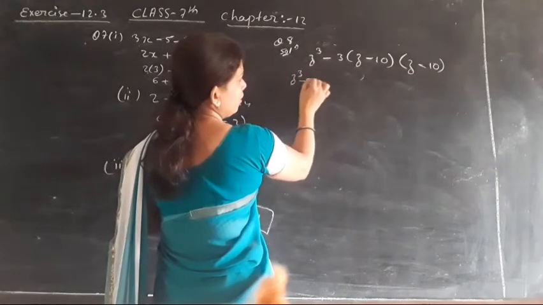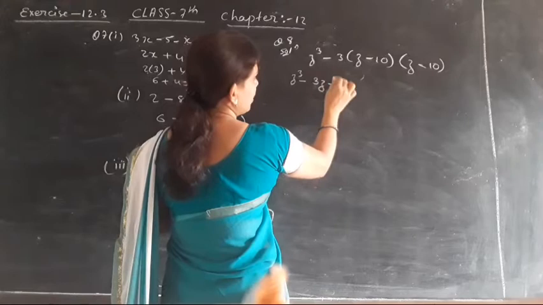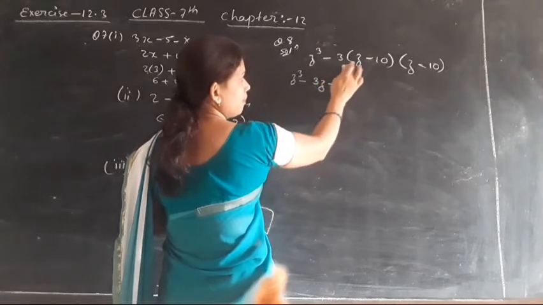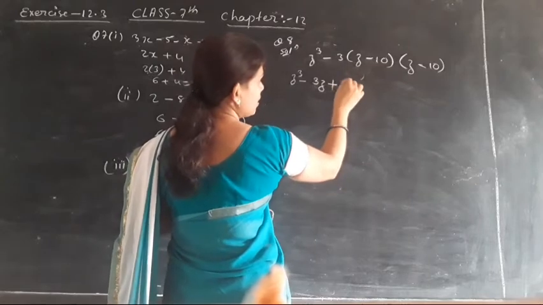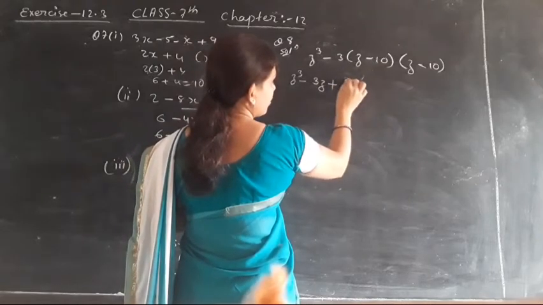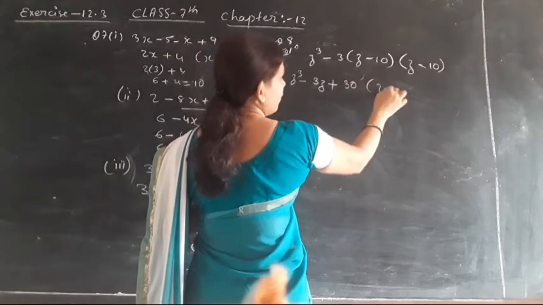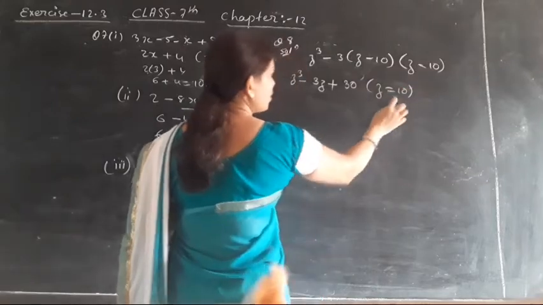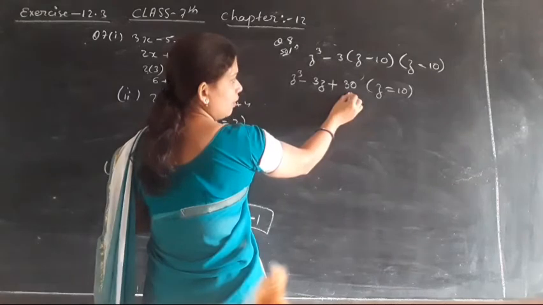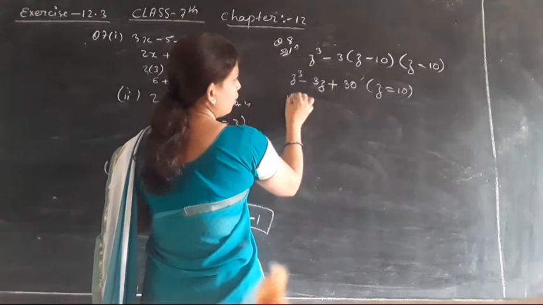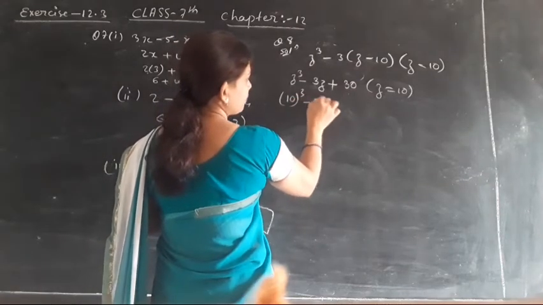z to the power 3 minus 3z, here minus minus 3 into z will be minus 3, and minus and minus will be plus 3 into 10 will be 30. Clear? और z की वैल्यू क्या पुट करना है? z को z is equals to 10 पुट करना है. So here इसके बाद ये सॉल्व नहीं होगा, तो यहाँ पर हम z की वैल्यू 10 सब्स्टिट्यूट कर देंगे.